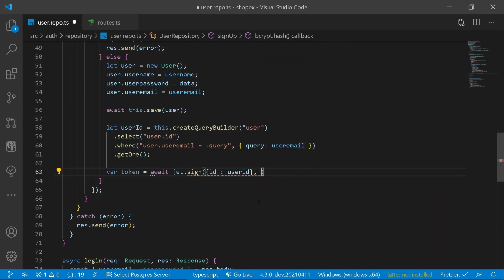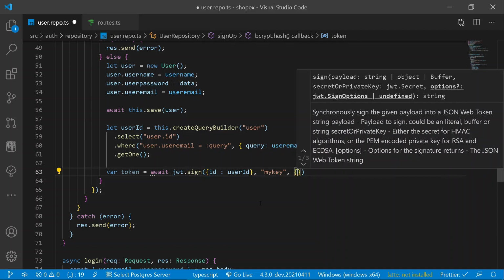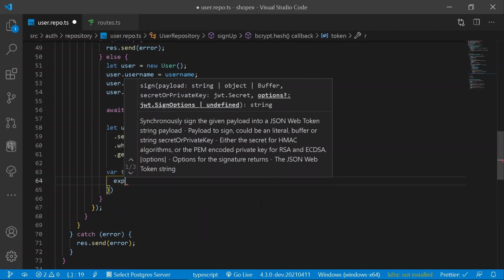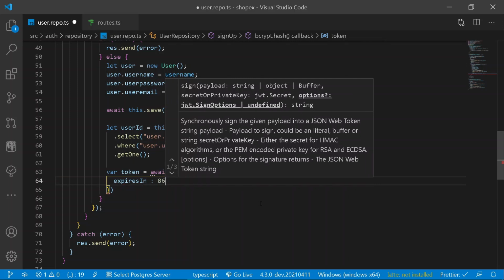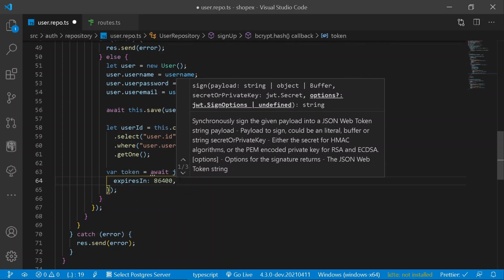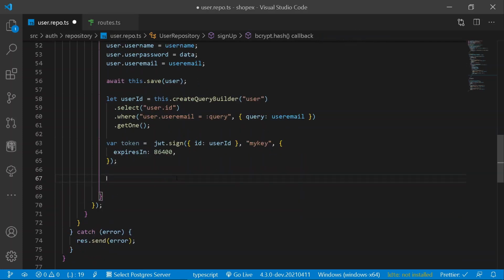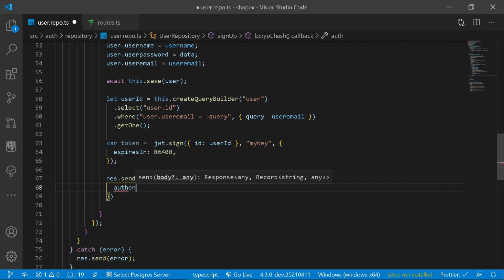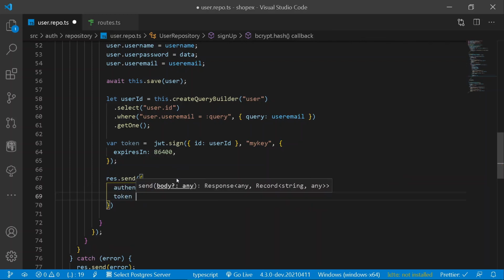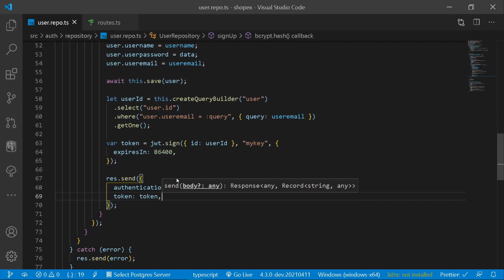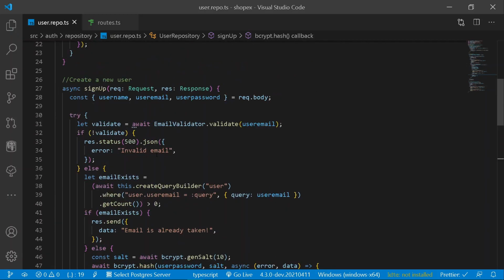And here it shall be requiring some secret key, and for now let's add a key to be my key. And after that, it should be also requiring an expiry date. So here let's have expires in, let's say, a single day of this one, just like this. Let's remove the await from this side, and once we have got our token as well, we shall be sending a token to our server. So for that purpose, let's have response.send auth, that is authentication, should be equal to true. And after that, we should be also sending a token. So let's say token should be equal to token. Now this is going to be our complete method that we need to perform.